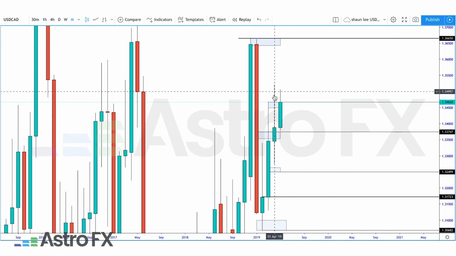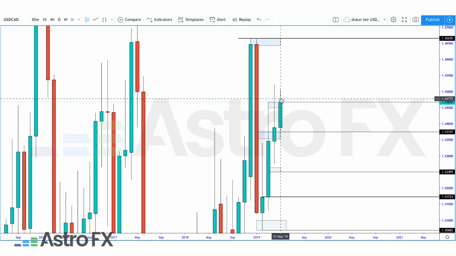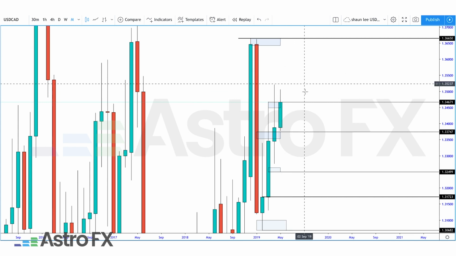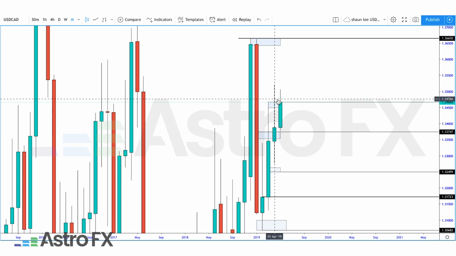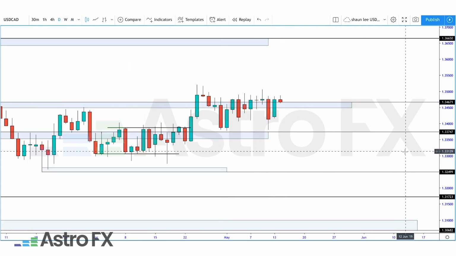Monthlies, wicks to the high, wicks to the high, pushing up to the higher wick, 1.3520 right there. If we can actually get this wick to fill, that will be the cause of potential higher leg pricing into the next month or two, because the momentum is now held above previous wick and it's given us that directional bias we are looking for.